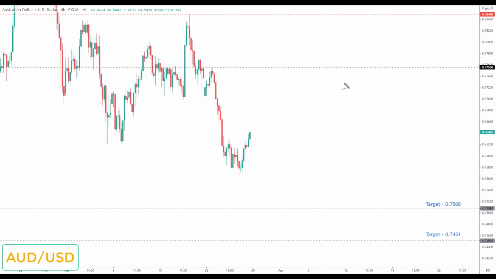Aussie dollar. Last week I was looking for a breakout to the upside in this market. You can see, for anybody who's done the free GMT course, there is no breakout here. This is a continuation of the trend to the downside and we started to break low with that dollar strength last week.